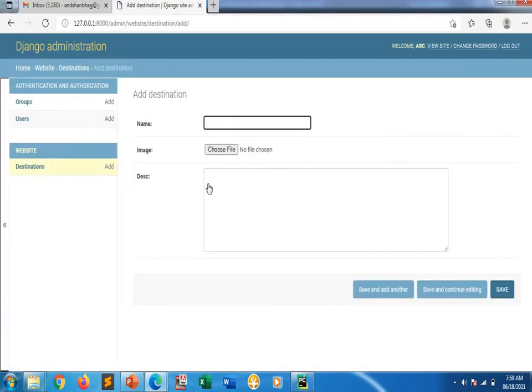I can go to add. I'm working with Oracle. Choose file. I can give it, it is coming, yes.